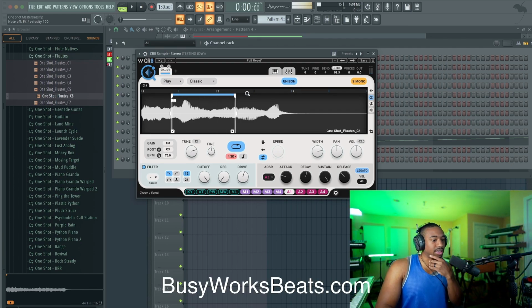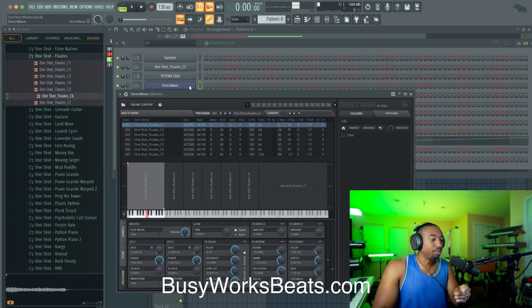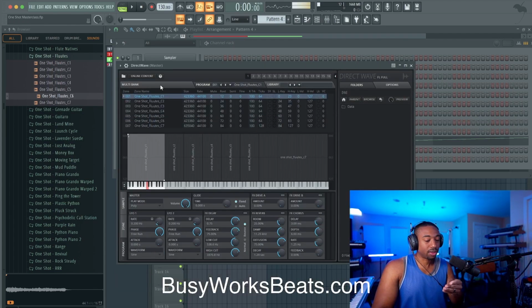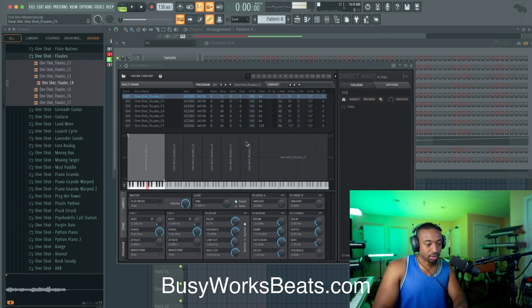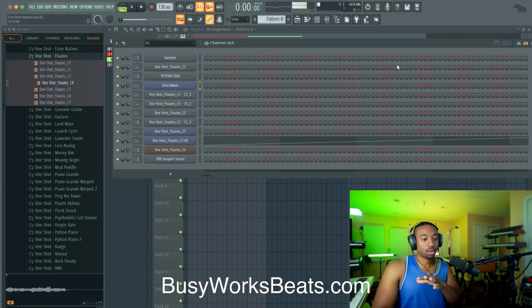Okay, so you get the concept there. I'm going to update the new Beatmaker blueprint here with direct wave instruments. You could load straight up into FL Studio. It will have the effects turned on for you. So all you have to do is just play the notes. But again, if you wanted to use the one shots that you already have, you could just highlight these, hit shift, left click to highlight, just drag and drop onto the key zones here, and it will map it out for you there. I'll be doing all the hard work for you in the new Beatmaker blueprint.